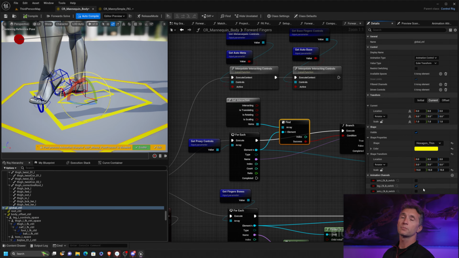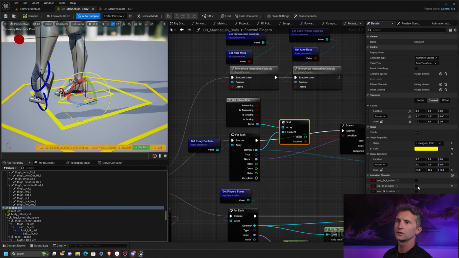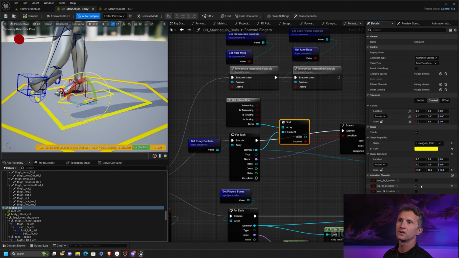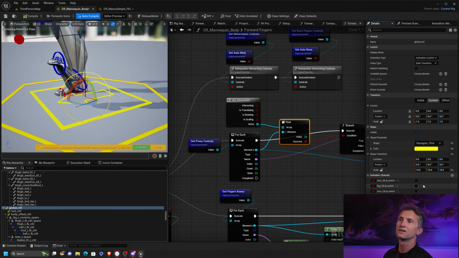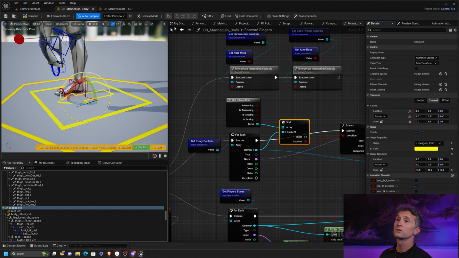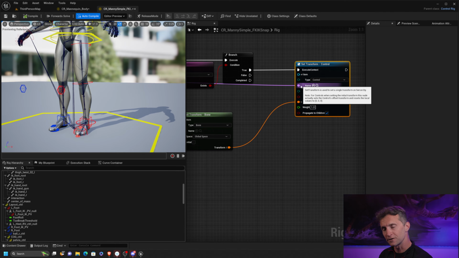Now, are we going to get a perfect solve? No, but I think we're going to get to a better solve than this, because look what happens. If I continually uncheck and recheck, my rig is in a never-ending battle with itself, where it is literally going to spin out of control and never get back to it. So we're going to do a whole lot of jumping through hoops to hopefully come up with a better solution than that. With the caveat of,